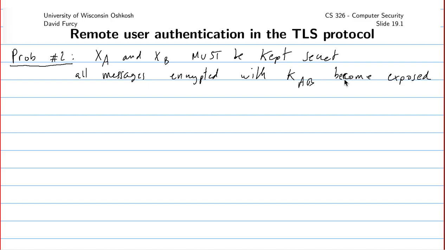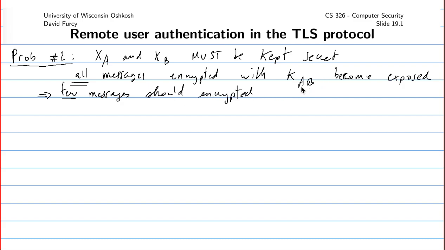So the reason I'm mentioning this, and that might seem obvious to you, is that of course your private keys have to remain secret. But the question is, is there anything you can do to increase the security of that part of the system? Something I mentioned earlier that I want to emphasize again, and introduce a new concept, is the fact that since all messages encrypted with this key would become exposed, the consequence is that very few messages should be encrypted